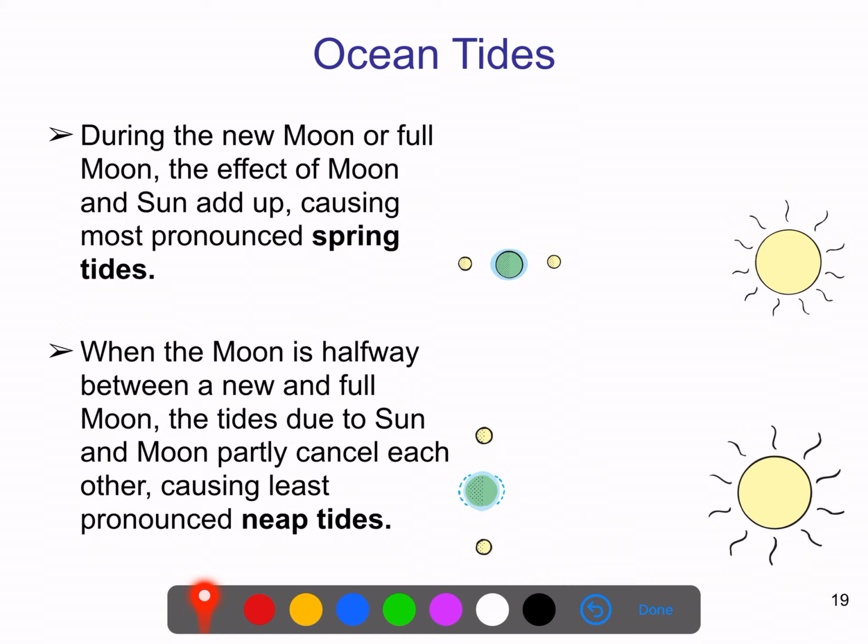So during those times, the Earth is experiencing what we would call spring tides, which are more extreme tides than usual. In other phases of the moon, the tides will be less extreme than usual because the moon is pulling in one direction and the sun is pulling in another direction, and so these are perpendicular and they serve to somewhat cancel one another out, producing neap tides. There's still some tiding effect here, it's just not as great as usual. And so other phases of the moon will be sort of in between these things.